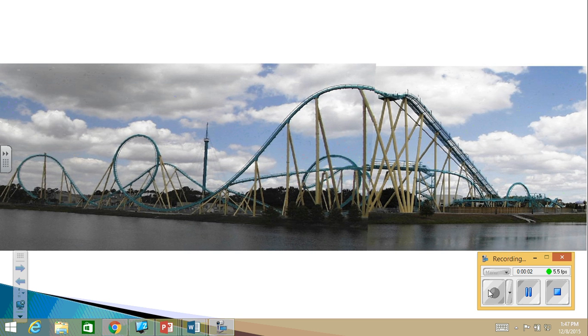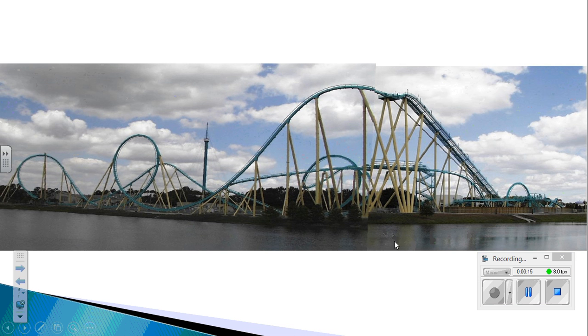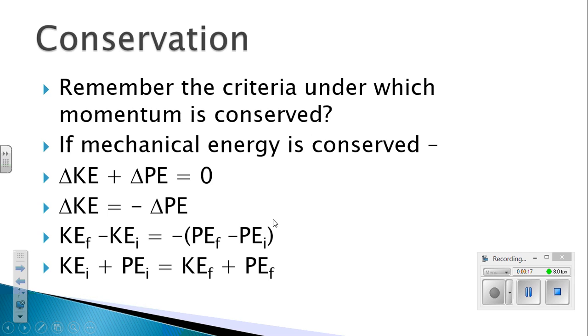So this video is part 3 on the conservation of energy. You should have just finished the video on what the definition of mechanical energy is and how conservation of energy applies. And so what we're going to do is look at some situations where we can apply the conservation of energy. Conservation of energy, again, let's just back up here, says that if the mechanical energy is conserved, then the